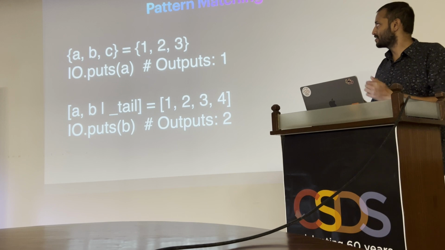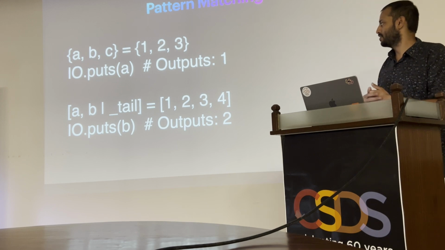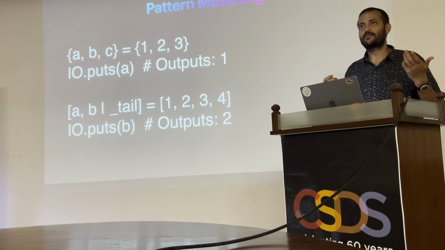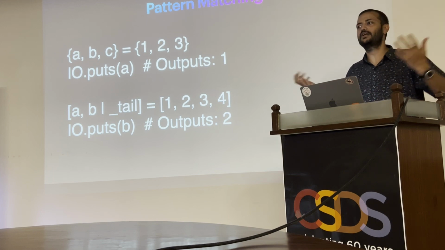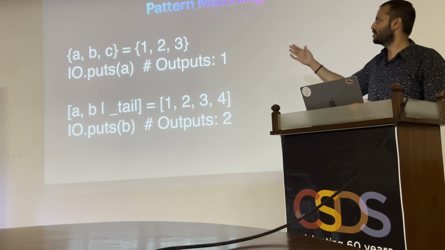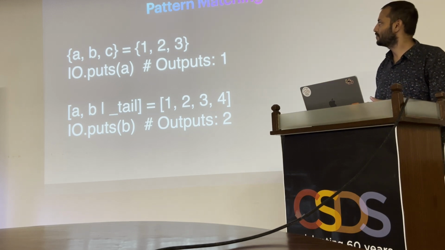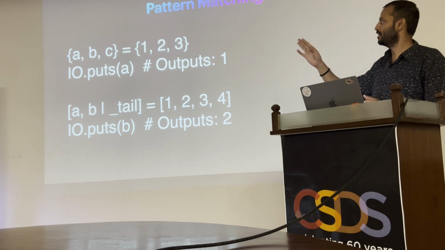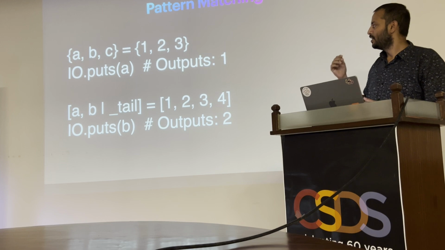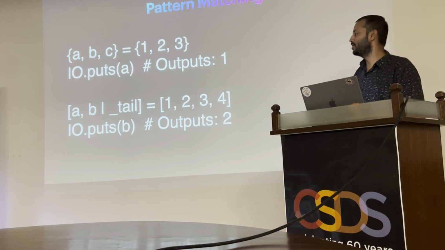Elixir has a very deep, well thought out system for pattern matching, which we all primarily do when writing code or managing data of different kinds, massive arrays, right? As you can see in the example here, it prints out the pattern matching A, B, C, and it assigns A to 1, B to 2, C to 3. In the second example, I think a few interesting things are happening.